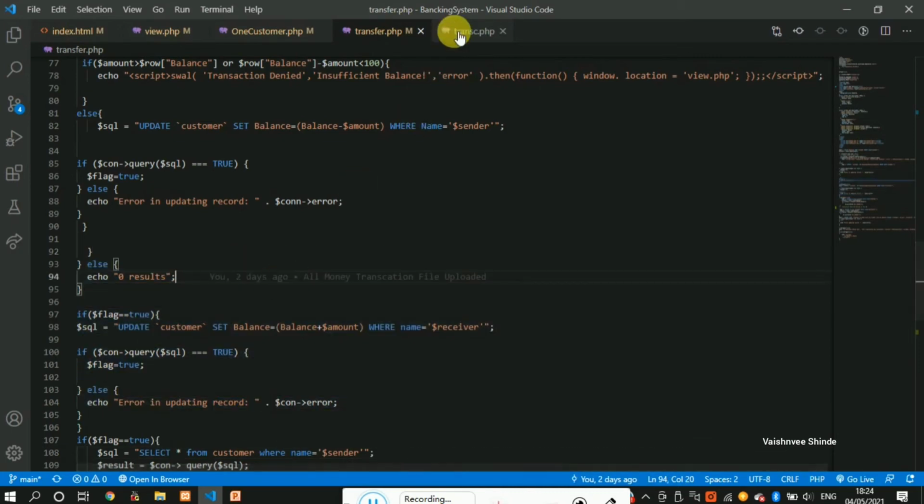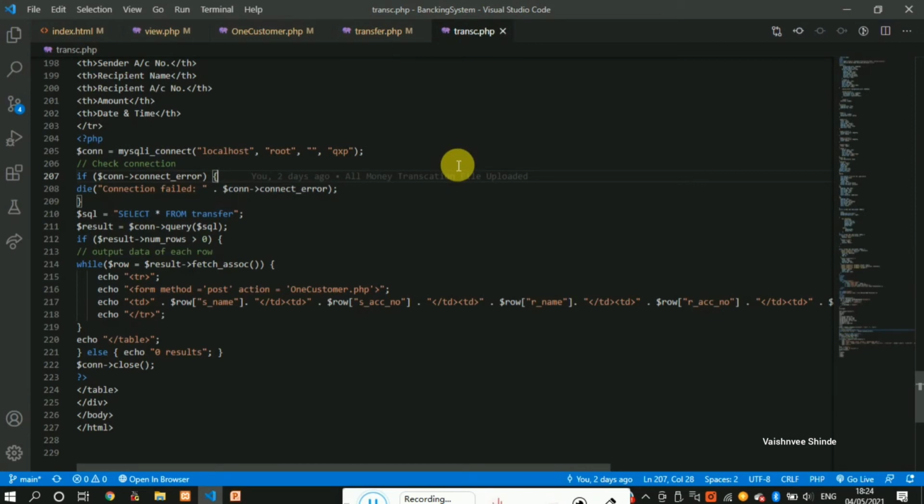After that, what we have done is that we are now able to see how many customers are present in your bank or in your database. After that, we selected a particular customer to perform the transaction. After performing the transaction, we saw which process was performed at the back end in the database. Now we are going to see the history of that particular transaction.